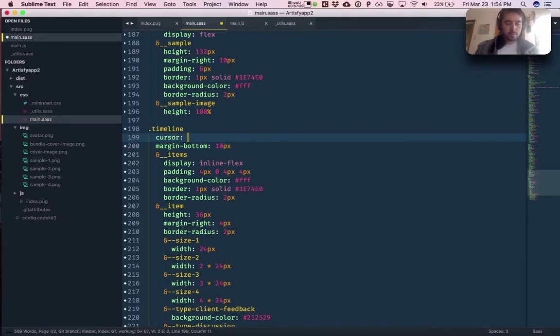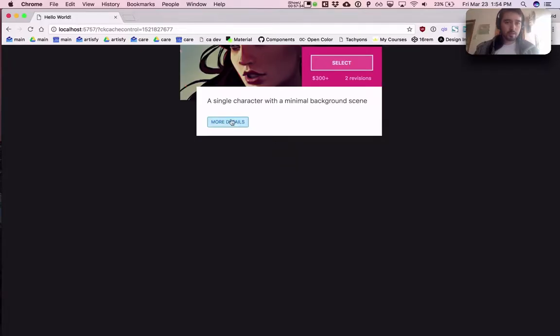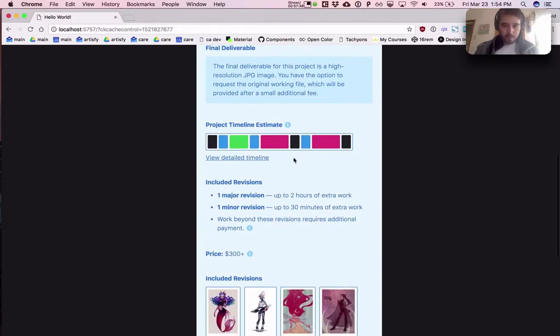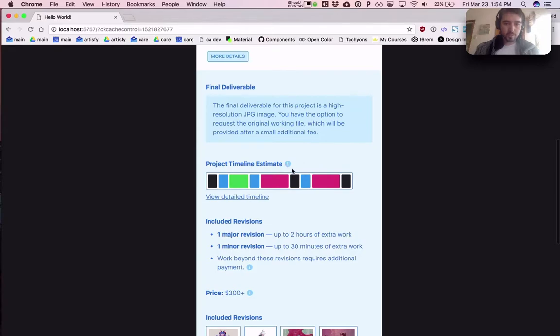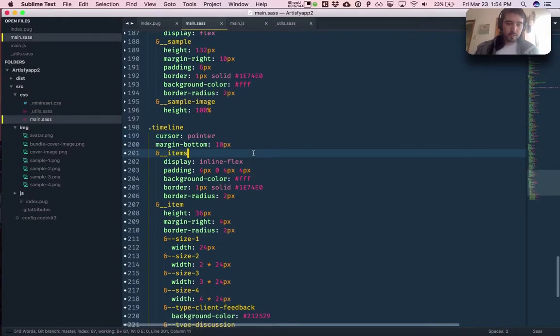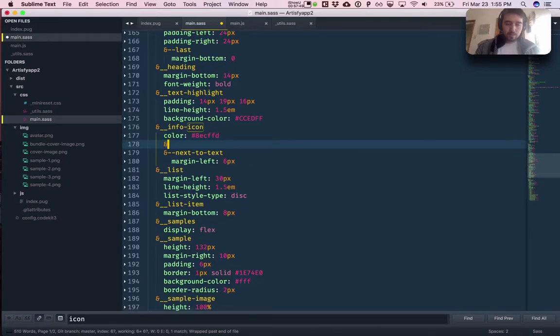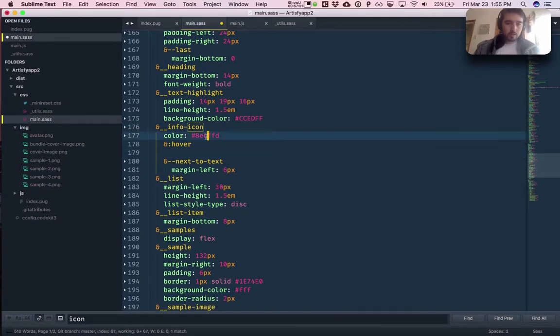cursor pointer. And then we know it's clickable. And we probably also want to highlight it when you hover over it, to give an extra indication, just like with the icons. So do hover and let's look